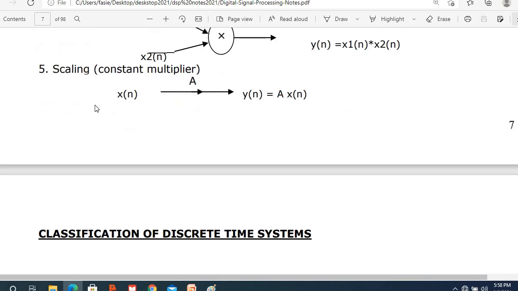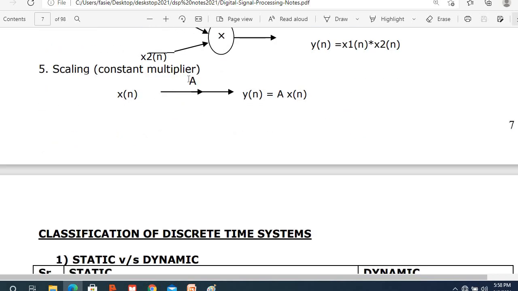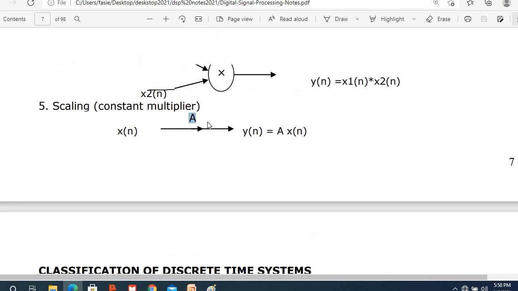Instead of writing the plus sign over there, we need to write the into sign. Similarly, for scaling, what is the meaning of scaling? We need to multiply a particular factor to it, right? So suppose a is my factor. x of n is the input, a is what we are multiplying. So we get a into x of n, that is the output y of n. What we observe in all these properties is that whenever we have a signal x of n, we try to write the output in terms of y of n. x of n is our input, y of n is our output. When you write down this particular thing, we call it writing that in the z domain.